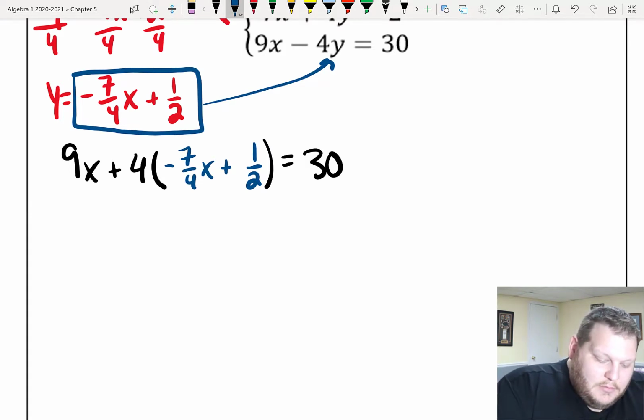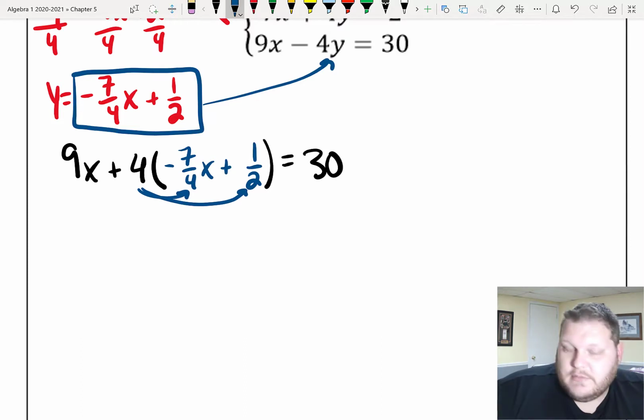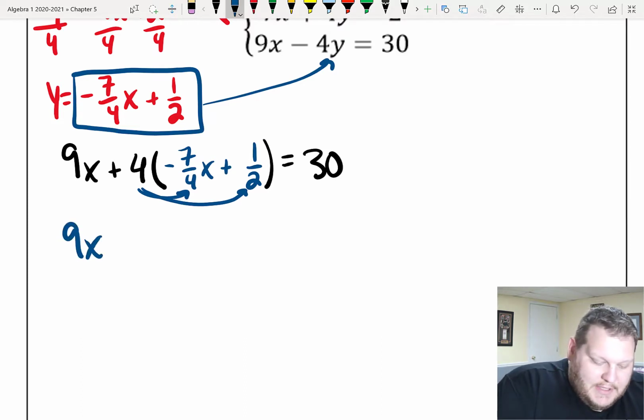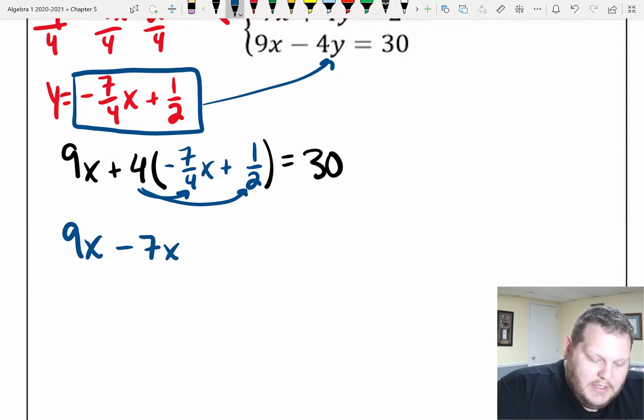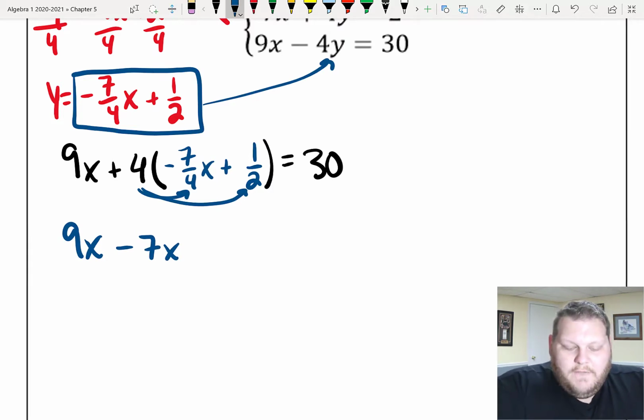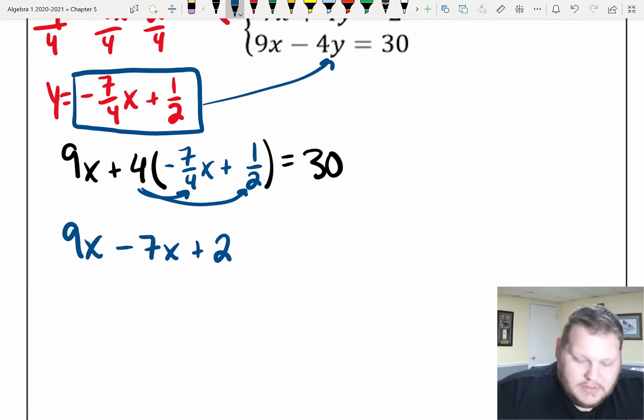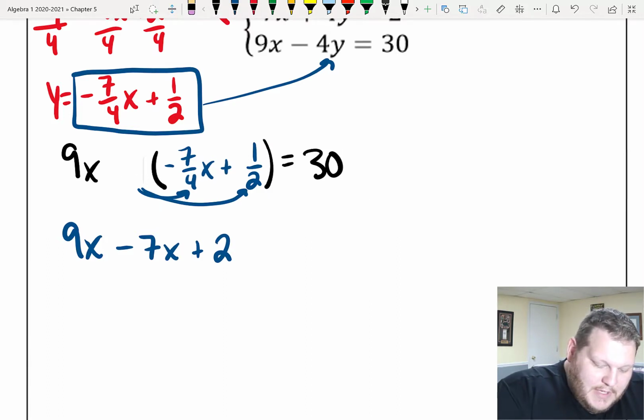So now I have to distribute my 4 into both of these 2 terms. My 9x does not change. But now, when I multiply 4 by negative 7/4, the 4's cancel out, and I'm just left with negative 7 and the x. 4 times a half, or half of 4, we know that that's positive 2. Sorry, this I copied down wrong. I'm glad I caught this here. This is supposed to be a minus